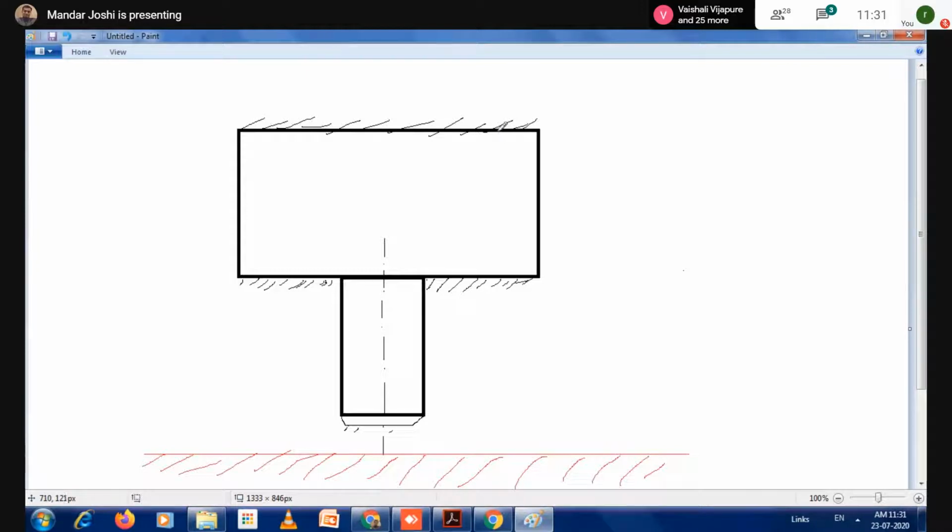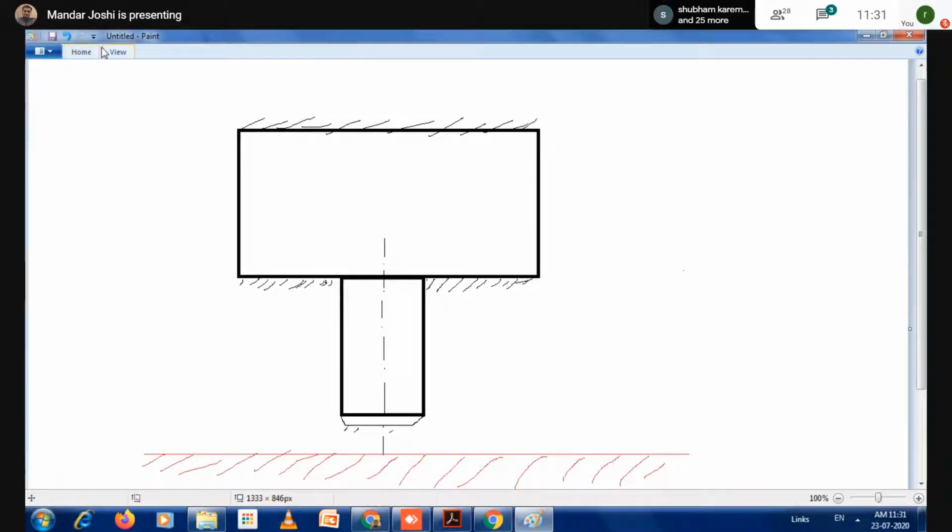What to do in that situation? You have to invert this object and try to rest this top surface over here. But as per my process requirement, there is a machining contact area, so this is my reference. So what needs to be done? I'm not taking this contact surface, I'm taking this contact surface. In this situation, what do we need to do? You cannot directly contact this surface on the surface plate.